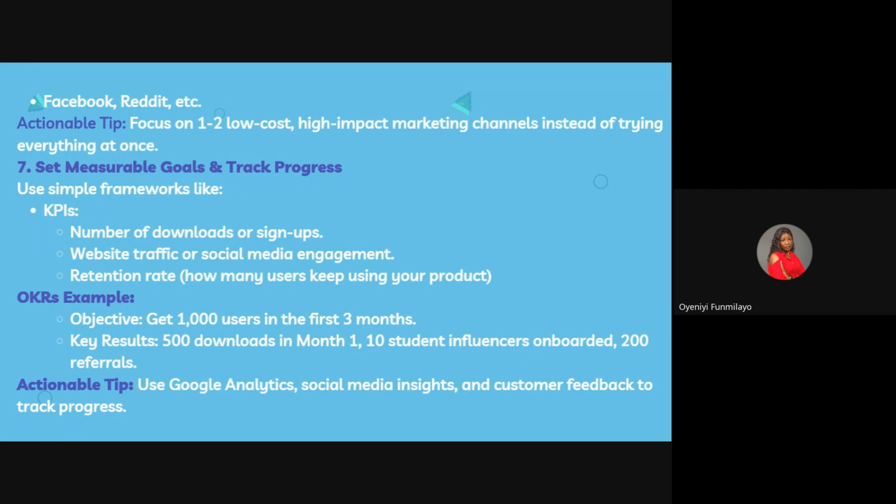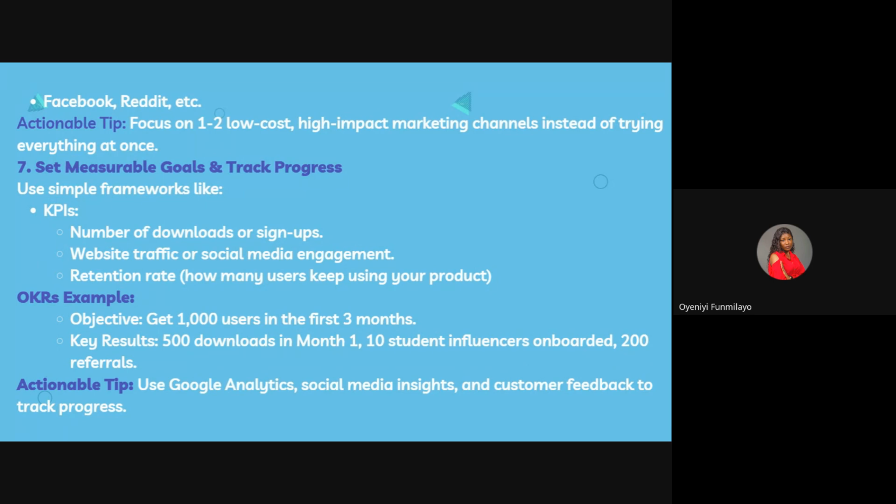Right. So you can also set an objective. Let's say you launch a product now, you say, oh, for the first 3 months, I want to get 1,000 users. It is very possible. Don't think 1,000 is too quick. It's even too small. If you do your marketing campaign very well and you're able to communicate your value proposition properly to these users, trust me, you can get them. You will not just get them, but they will also use the products and pay you money for it, right?